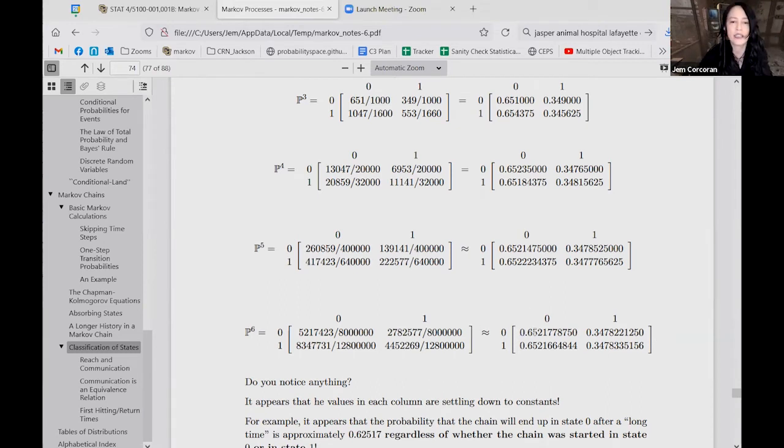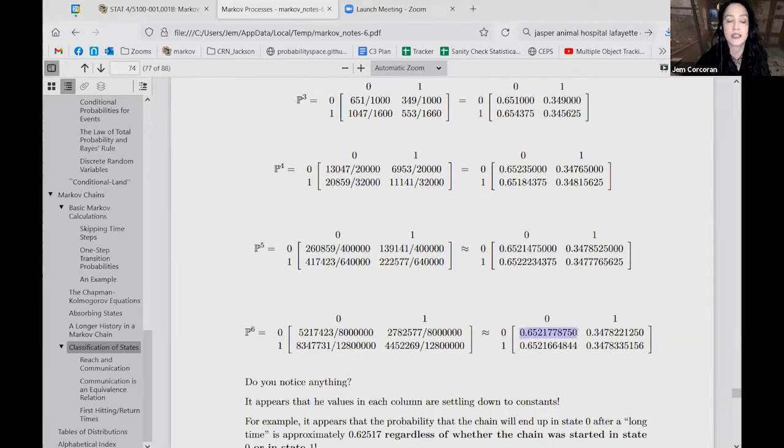You see this number is 0.65217, and the number below it is 0.65217 if you rounded it, but getting close. And this number and this number are approaching the same thing. The example I was trying to bring up in R was far more interesting because it was going to take a lot longer for this to happen, because it doesn't always happen this fast. But if you take powers of the matrix and it makes everything in each column a constant, then what you're seeing is,